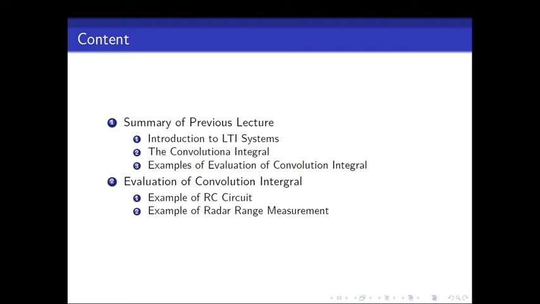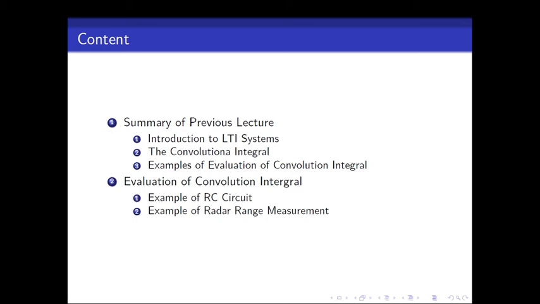We can measure the round trip delay time, and we know the velocity of light, that is the speed of light. So if we know this round trip delay time, we can measure the distance. But here the distance is the total traveling distance from radar to object and object back to radar, which is 2D.